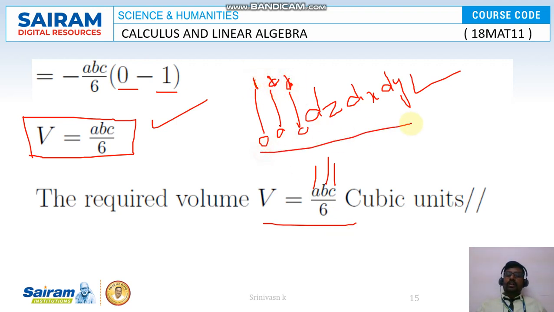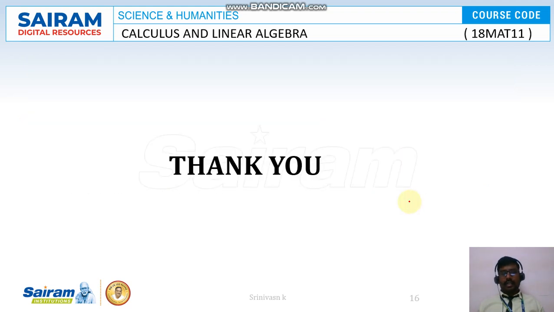Okay, so this is the way of solving by the double integral and triple integral. I hope you all understand how to solve a double integral in the polar form and how to find the volume of the given solid. Both are similar, but we discussed one in polar form and another in Cartesian form. So the polar form uses a double integral and the Cartesian form uses a triple integral. So I hope you all understand.